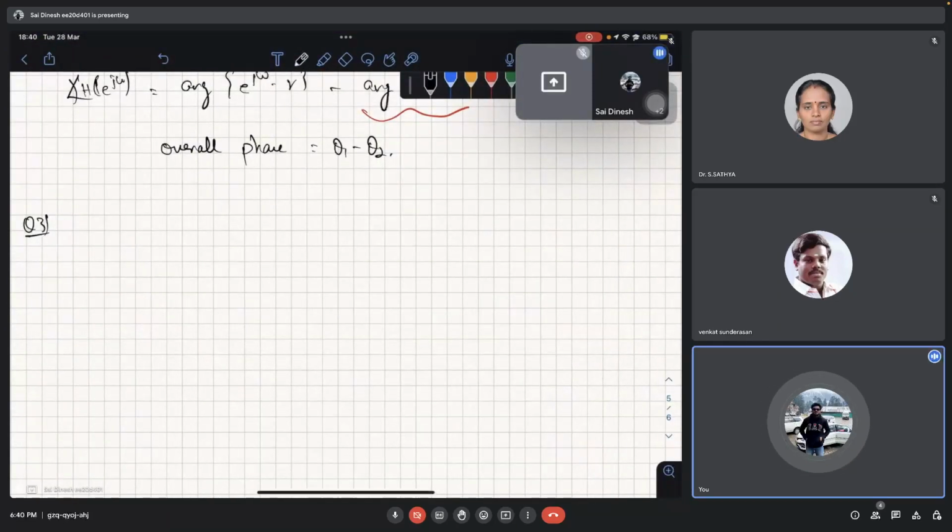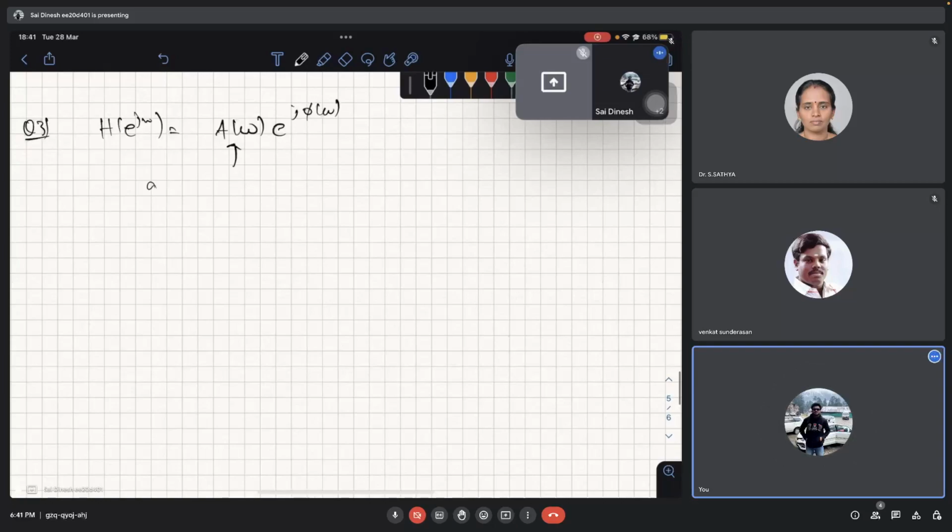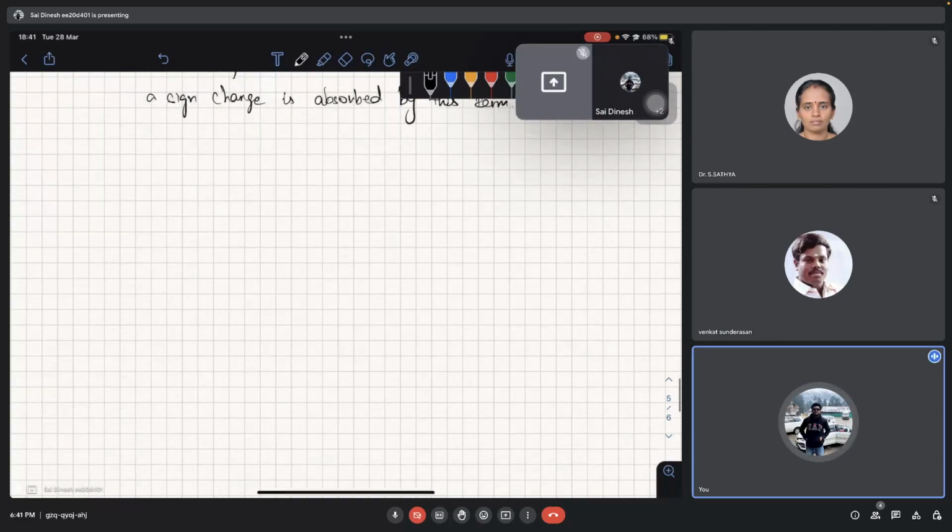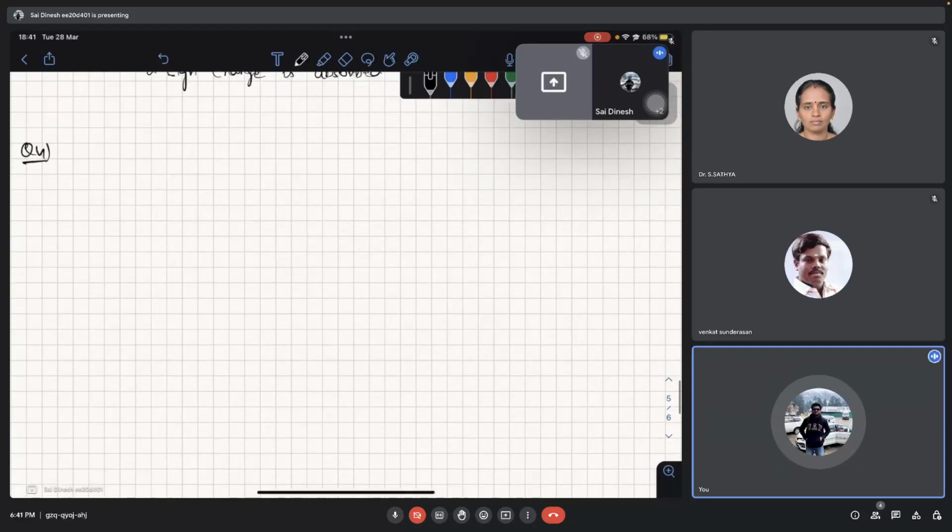Whenever we have A(omega) which is real, the sign change is actually absorbed by A(omega), the amplitude response, and what you are left with is a continuous phi(omega), right? The sign change is absorbed by this term here. Okay, and then question 4 would be,